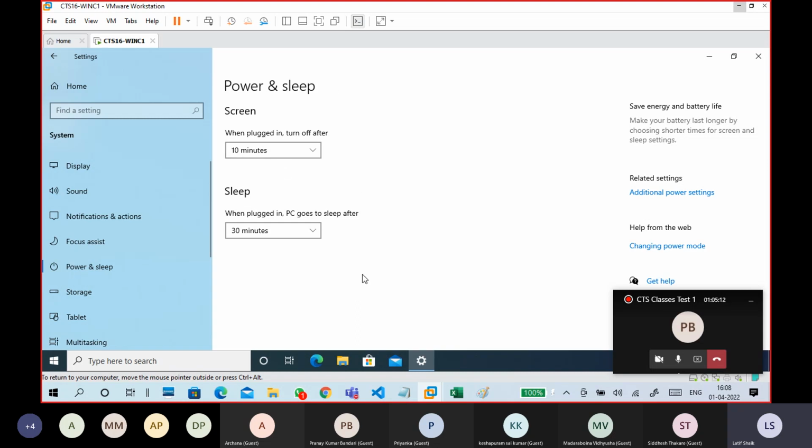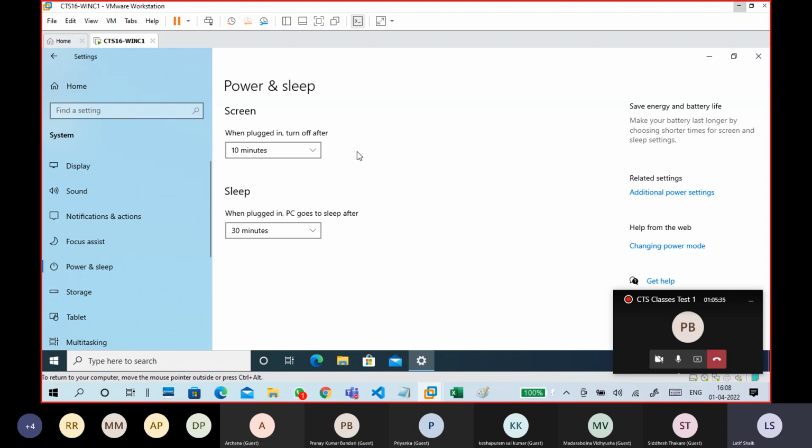This is the default, so the screen turns off after 10 minutes. Say I just open my laptop and go outside for a tea and it takes more than 10 minutes, then the screen will be off.